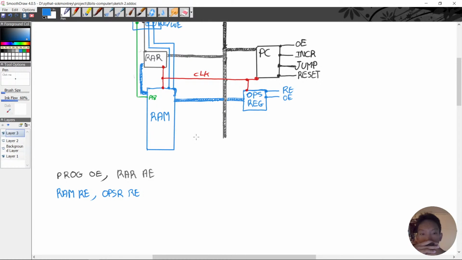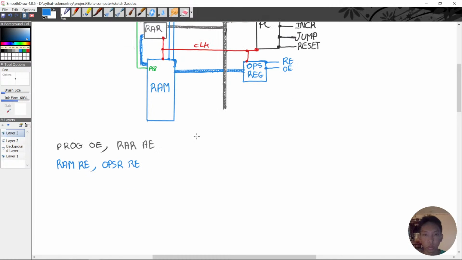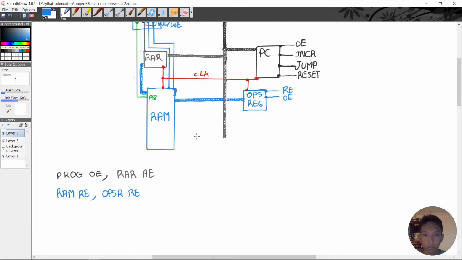So let's think of it. If it has a sub opcode, we're going to run a few additional steps in order to get the value for the sub opcode, the operand. But if it doesn't, we don't do anything. We just continue with the instruction. So let's say it doesn't have any sub opcode for now. So the next step is that it will